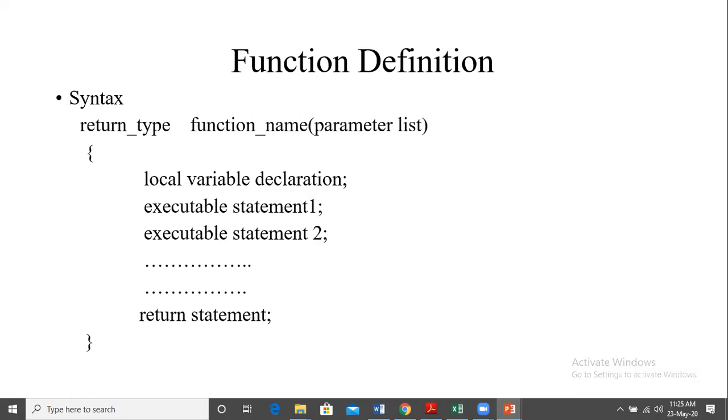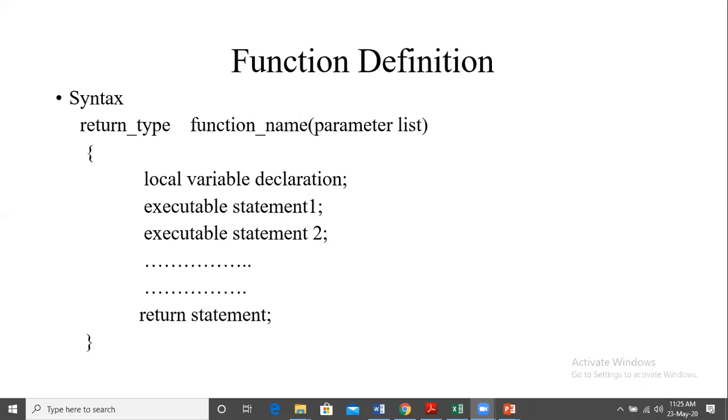And within round brackets, we have the parameter list. Parameters are nothing but the inputs required for the function to work. For example, if we are adding two integers, what is the input required? I repeat my question. If we want to add two integers, what is the input required?